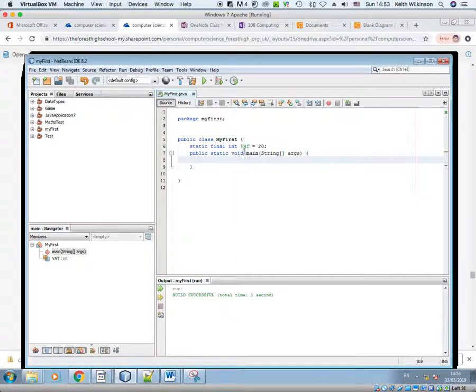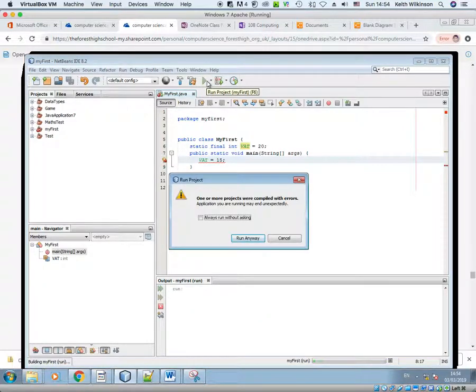Now if I try to change VAT to be 15 or 25 in my main program, so if I type VAT equals 15 and put a semicolon at the end, it's warning me that I've got an error, and the error says cannot assign a value to final variable VAT. In other words, it is constant. You cannot change it in your program. There is nothing I could do to make it change, and that will stop my program running because there is an error. I can't get rid of it because I'm trying to change a constant,